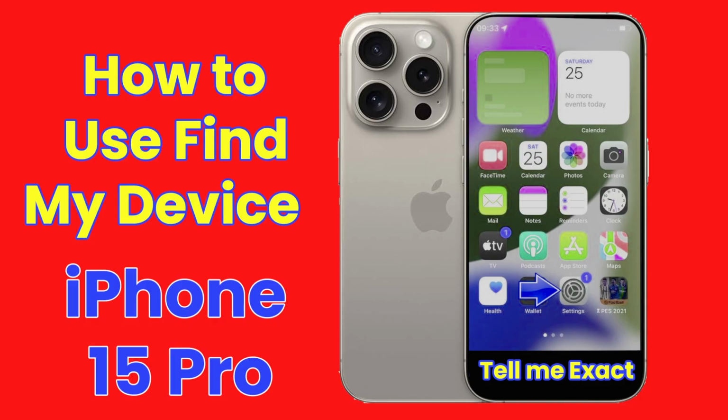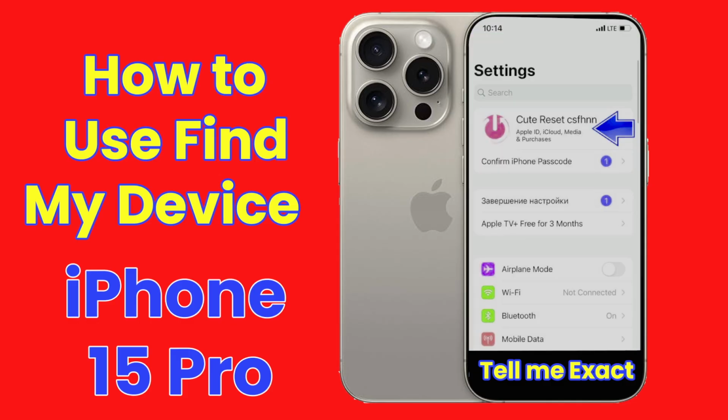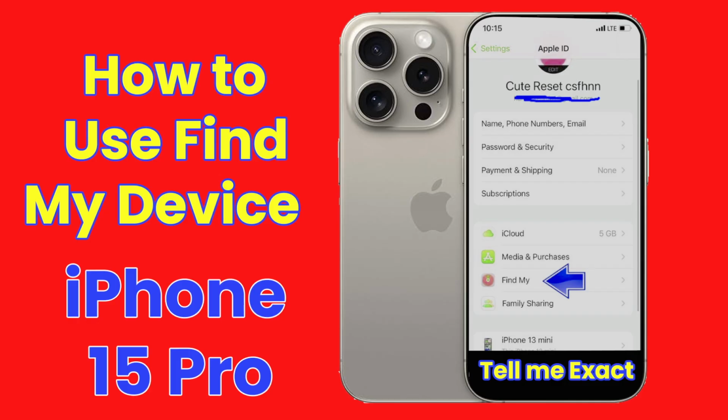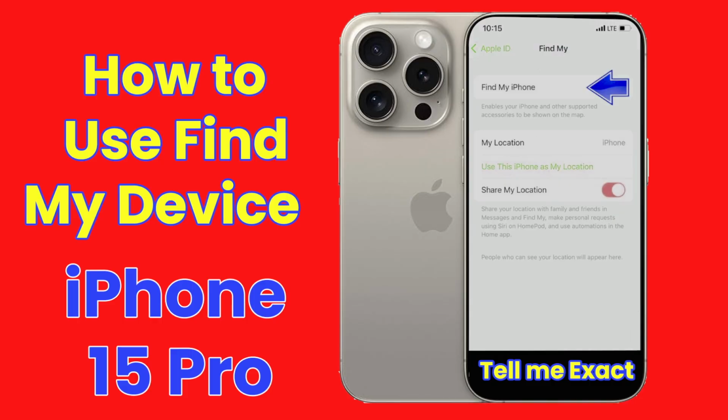So first of all you need to go to your settings and then tap on Quick Reset. Okay, when you tap on it you can see a new interface just like this. Here you can see the option of Find My Device, and just tap on it. When you tap on it you can see a new interface. Here you can see the option of Find My iPhone, and just tap on it. When you tap on it you can see